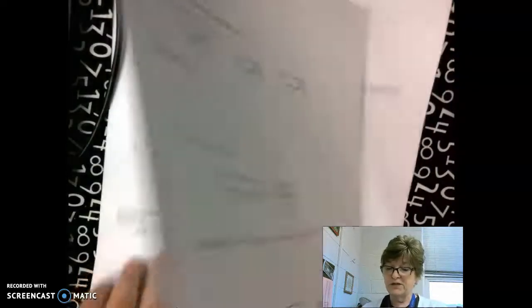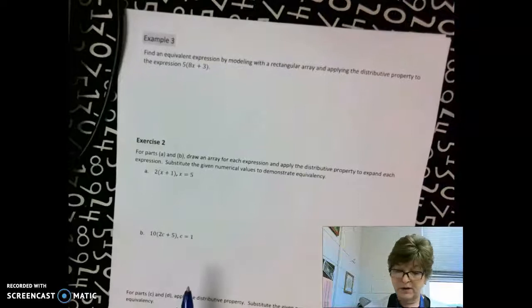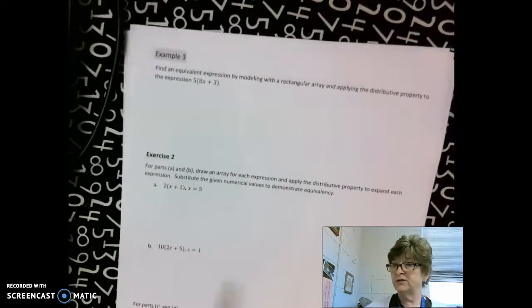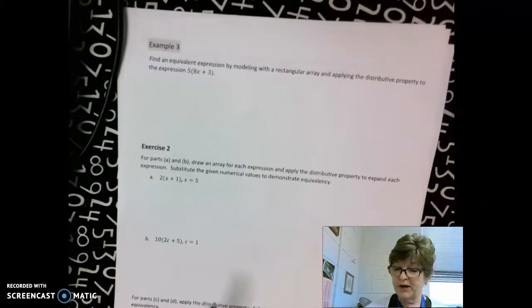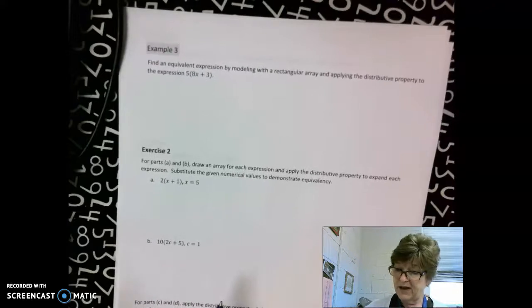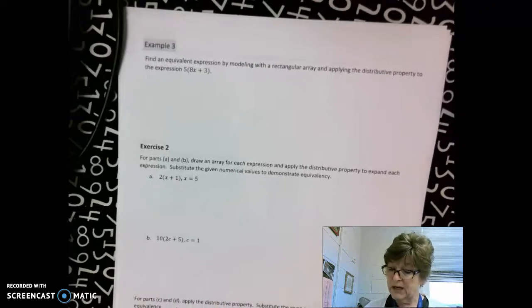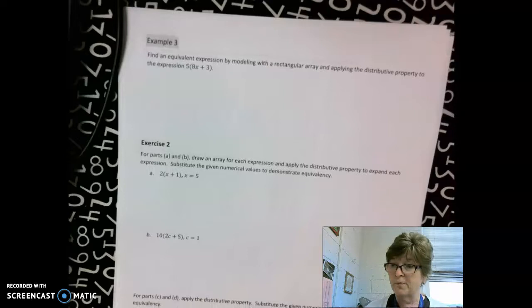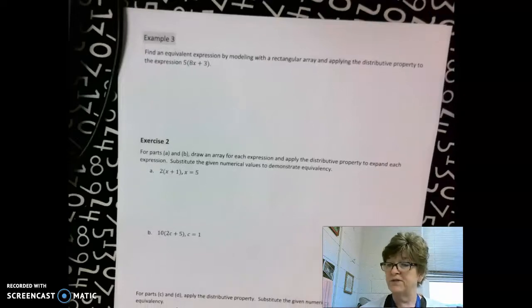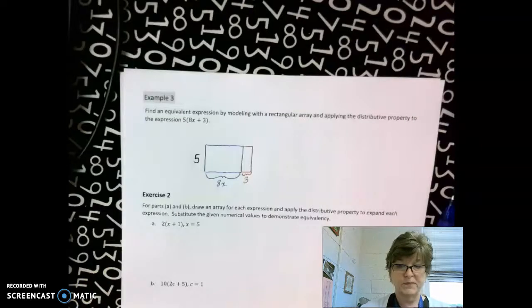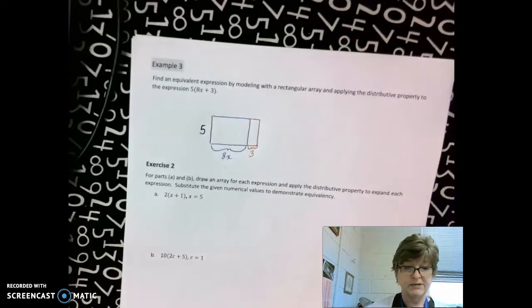Now let's move on to the next page. Example 3, find an equivalent expression by modeling and apply the distributive property. So I'd like for you to pause the video and come back as soon as you're done for us to check and take a look. Now that we're back, hopefully you have drawn this tape diagram,